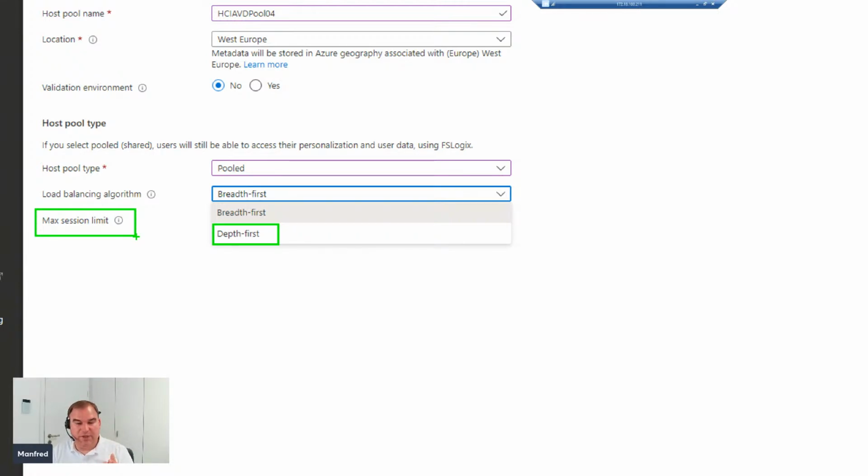So depth first means cost optimized, but for sure the first user has the best experience. Then when the second user comes, they have to share the resources. It does not mean that the first user has better performance than the second and third and fourth. Every additional user is part of the fair share policy, where Azure Virtual Desktop tries to provide the best resources